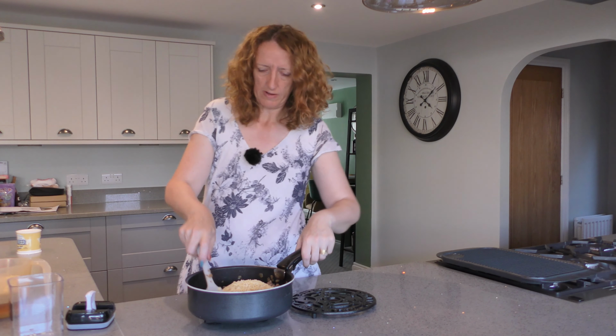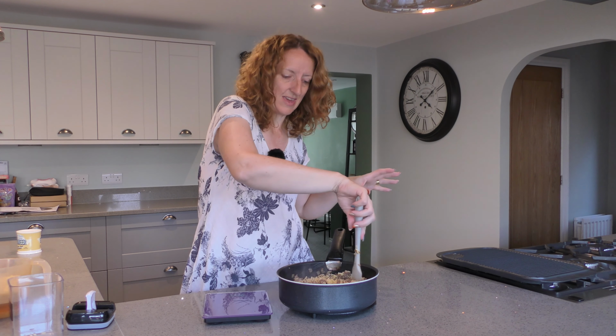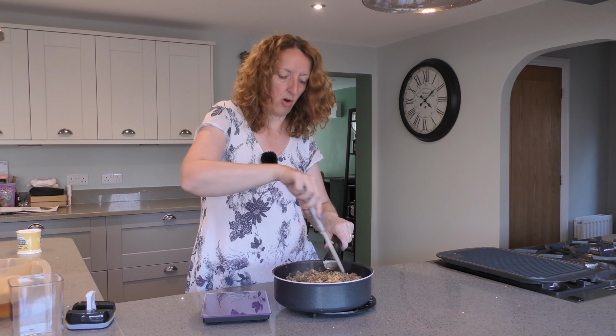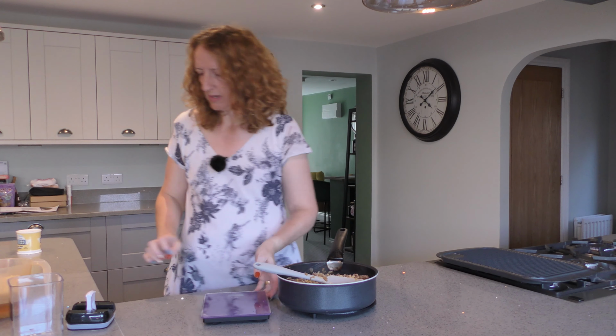So 400 grams of Orzo, just give that a bit of a mix into the mince. I have also put the oven on to preheat as well, because once this is actually cooked off on the hob, it goes in the oven for a little while for the cheese to do its thing. So once that's all mixed in, we're going to add in